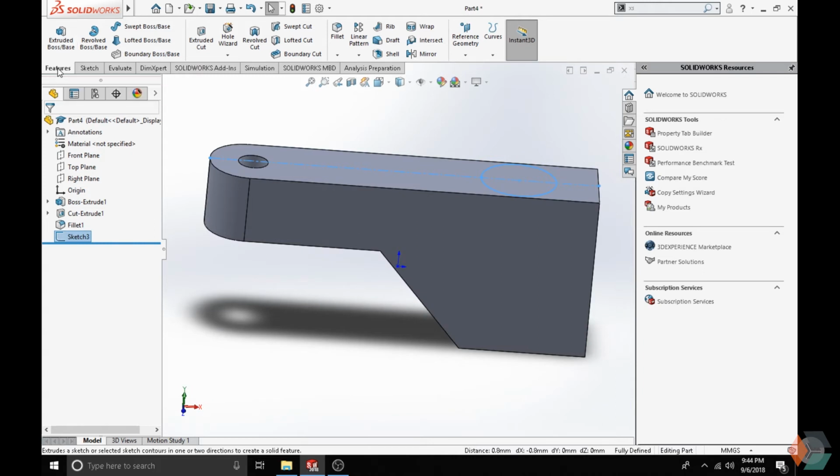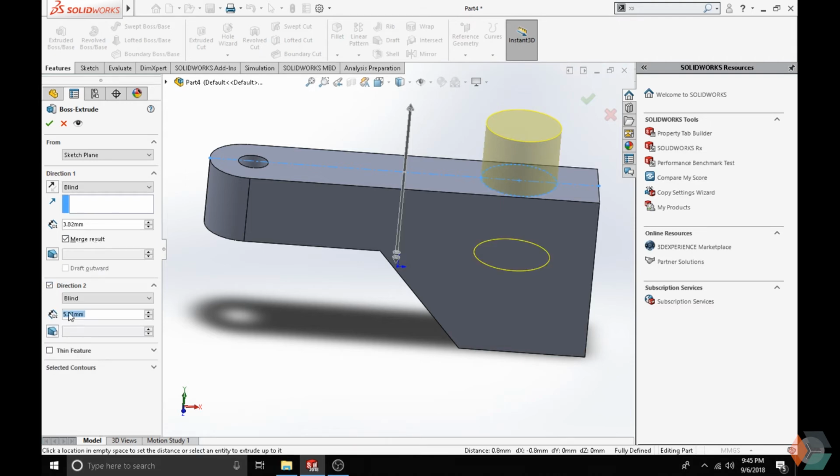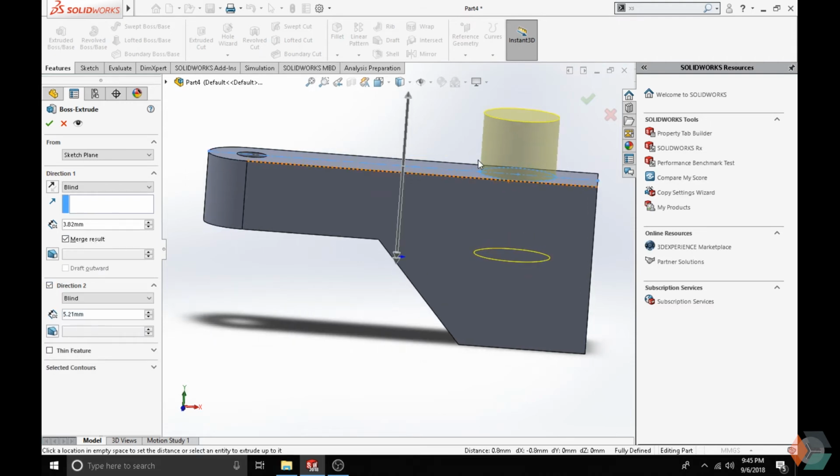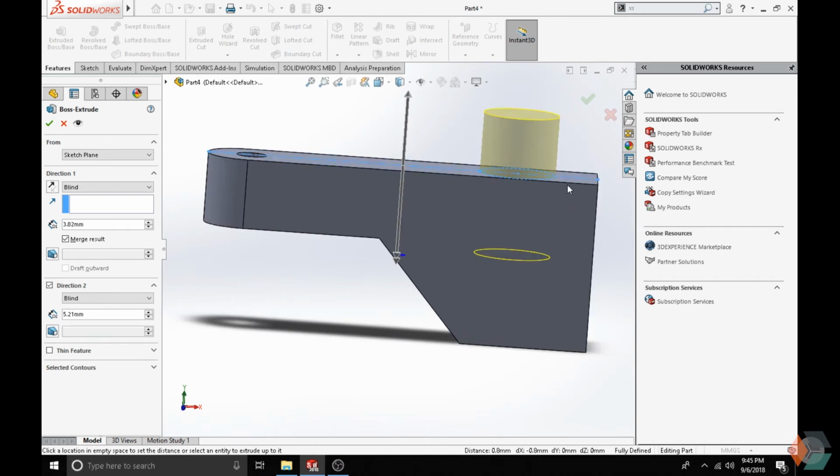Now select under feature the extruded boss. Now we want to extrude that all the way upward to be 3.82 millimeter. Now under the same level, select the direction tool. So we have to extrude upward at 3.82 millimeter. We want to extrude the same for the bottom end, but we have to count the solid body